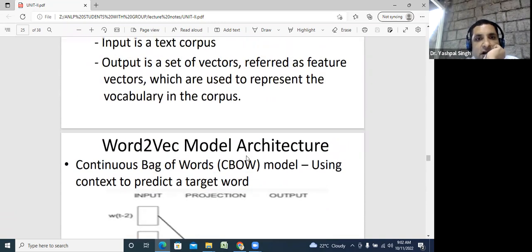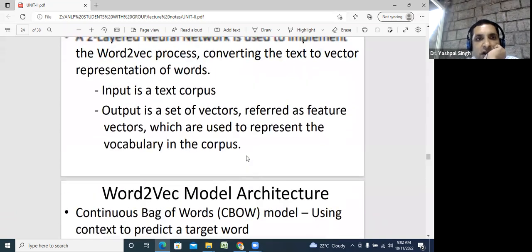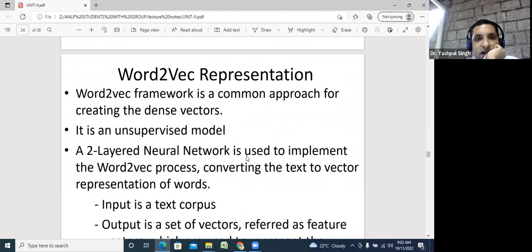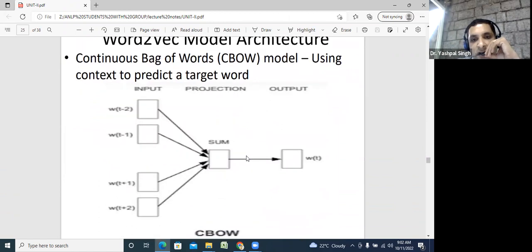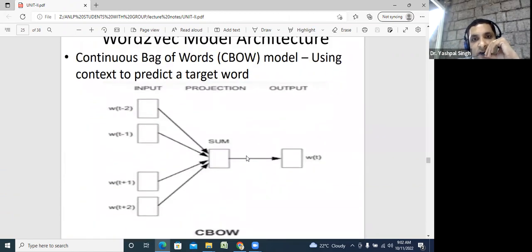Basically, what we are doing in the previous one, the word to vector representation, we are having a framework where for whatever word there is, we are making a vector against that particular word, and this vector is very useful when we implement things in the Python language. Now, the continuous bag of words model